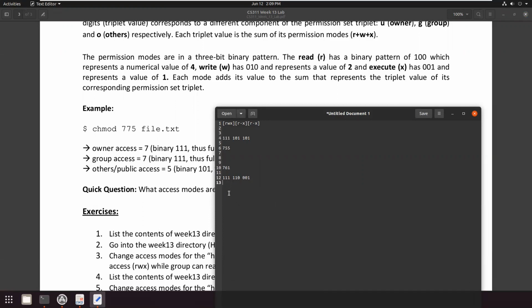So we have a 1 for the owner, so that is R. Then we have 1 again, so that is W, and we have 1 again, so that is X. Then we have 110, so we have read, write, and no execute, so that is a dash. And then the last one, 001, so dash dash and X. So this is the permission that is represented by 761.